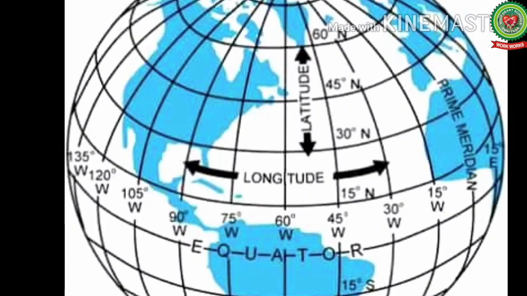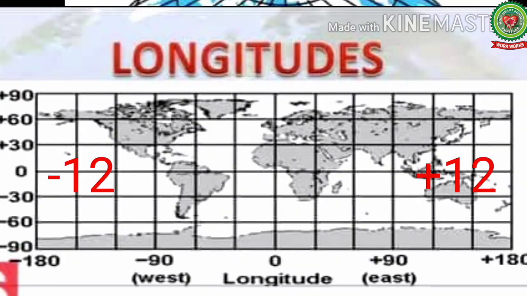Let us take a globe on which meridians are marked at an interval of 15 degrees. Starting from the prime meridian towards the east, we find 180-degree meridian is number 12. We can find it by simple calculation. 12 multiplied by 15 degree equals 180 degree. And the time is 12 hours ahead of GMT, that is Greenwich Mean Time, because at the interval of 15 degree 12 meridians are there. So at every one meridian 1 hour is increased. So at 12 meridians 12 hours is increased.